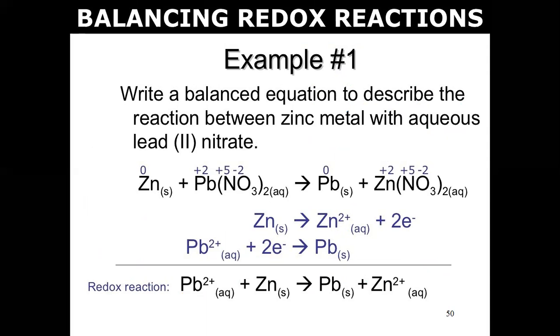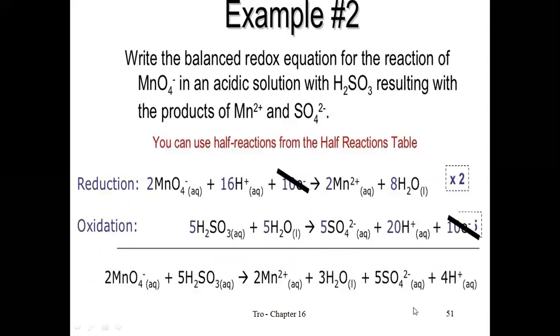Write a balanced equation to describe the reaction between zinc metal and aqueous lead(II) nitrate. Okay, so now you can see zinc with oxidation state 0, Pb +2, N +5 and O -2 form Pb plus Zn(NO3)2, with +2, +5 and -2. Now just separate the oxidation reaction and the reduction reaction, and finally you have to add these two reactions. Okay,